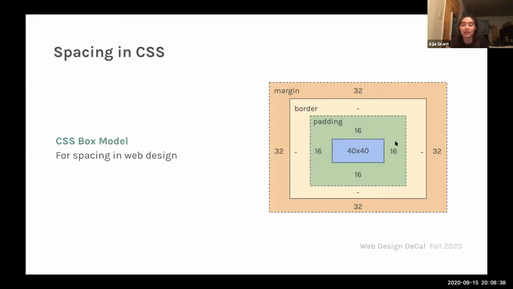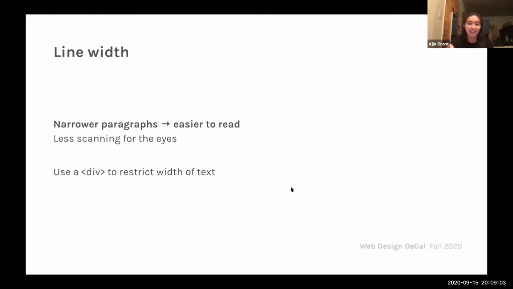There's the padding, then there's the border of it, if you think of it as a picture. The padding is kind of like the mat, whereas this blue box is the actual art piece, and then the border is the frame, and then outside of the frame is the margin. I can do a better example of that eventually.